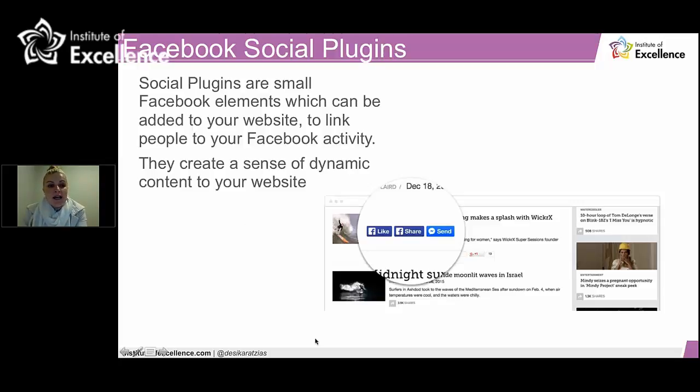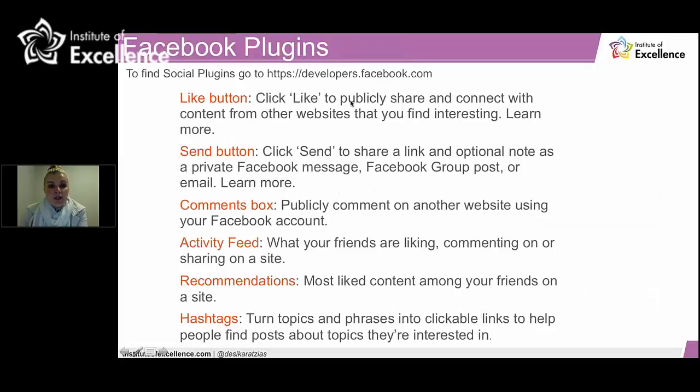Facebook social plugins, something I always encourage you, if you are blogging or putting any new content onto your website, please ensure that we're easily able to embed these plugins onto your website. So when I see something I can like, share, and even with Messenger getting bigger and bigger now, this is going to be the next big thing, guys, for marketers, the Facebook Messenger app. So these are plugins to look out for, and I've put in a link there. This is something you will need some assistance with from your website developer.